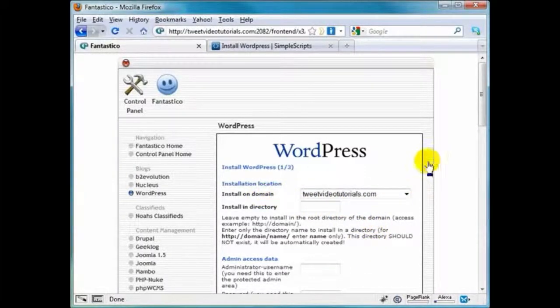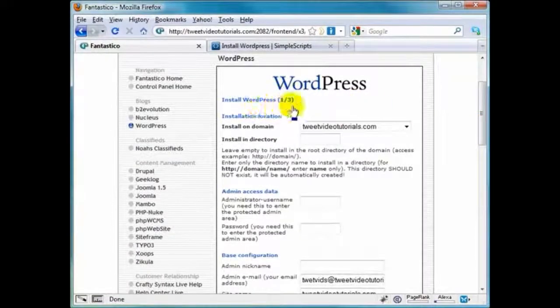Now then, this is what I was referring to here. And by the way, this is step 1 of 3 of installing our WordPress blog using Fantastico Deluxe. Now we're going to install it on our main domain here. And those that created subdomains, that would be popping down right here. Or if you have add-on domains as well, they would be shown here as well. And the install process is the same whether it's a subdomain, main domain, or add-on domain. And here the directory, what they're referring to here is if you're going to be putting it on your main domain, leave this blank. If you're going to put it on a subdirectory,